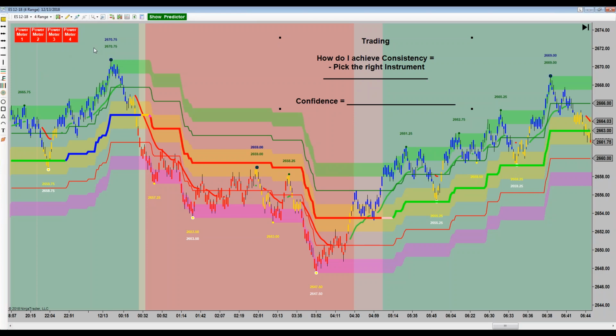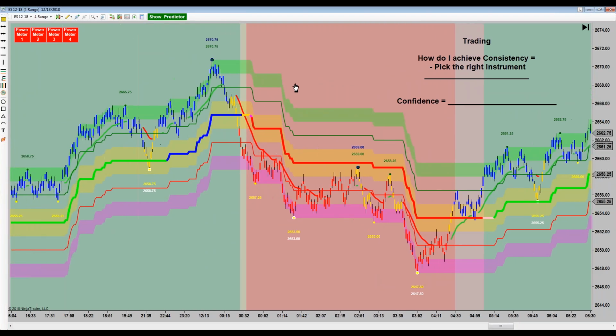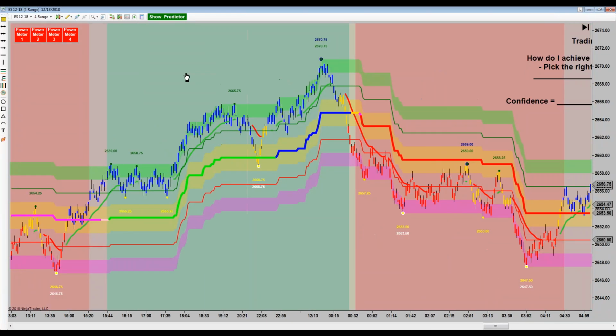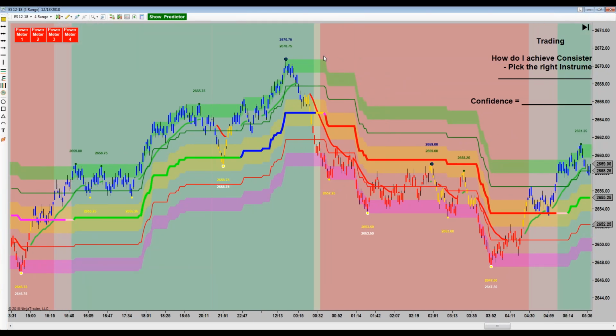And if you just had a plain chart up here, you would just see bars. Okay, they might have different colors. They might be red or green or something else, but there would be no form or structure to what you see. It would just be a bunch of bars going up and down. So what Gary and I did is we wrote a set of indicators that do the following. It colors the background. You have green generally associated with an uptrend. So if a market's going up, the background is going to be solidly green. If the market's going down in a downtrending market, your background would generally be red, like here.